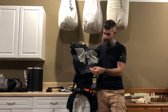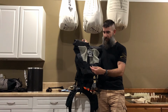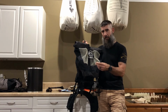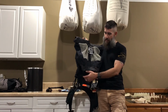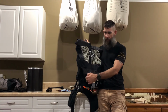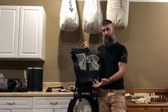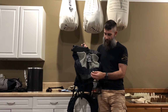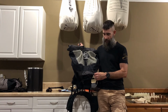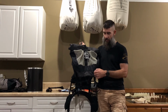The strap here, I kind of have a love-hate relationship with my Thin Light. You can only cinch this down so tight. Granted, I did change out the cordage and the line lock, and so that may be part of it. It doesn't hold it super taut, but I really wish this had a string with a line lock tensioning system like what's on my Z-Packs pack. I really like that better because I can cinch it down as much or as little as I want. I may look at setting this up where I just put some string, I guess like a Z-line or something like that, and then modify it